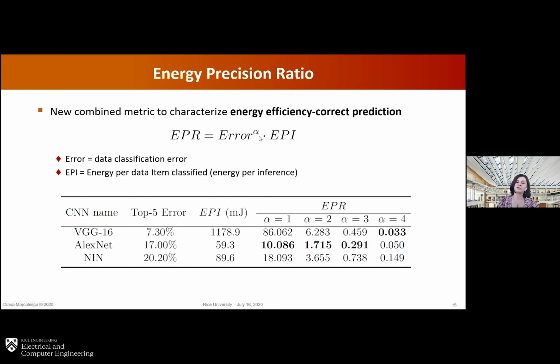If you look at various values for alpha, where you give more importance to classification error or more importance to energy per inference, you can see that AlexNet becomes a choice by using this EPR ratio. Whereas if you only care, or you care mostly about classification accuracy or classification error, then VGG16 is the winner, despite its high energy inefficiency. So this kind of metric would allow you to parse the joint space of machine learning model and hardware together to identify configurations where you find a good trade-off between classification error and energy per inference, and